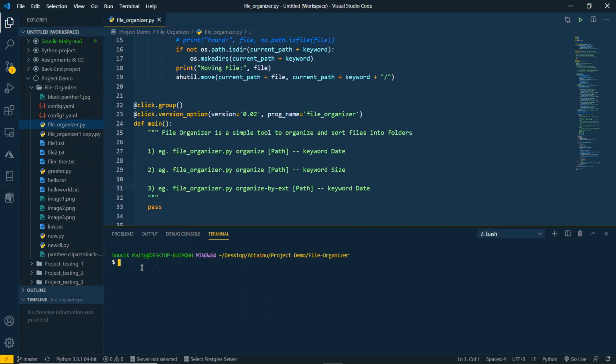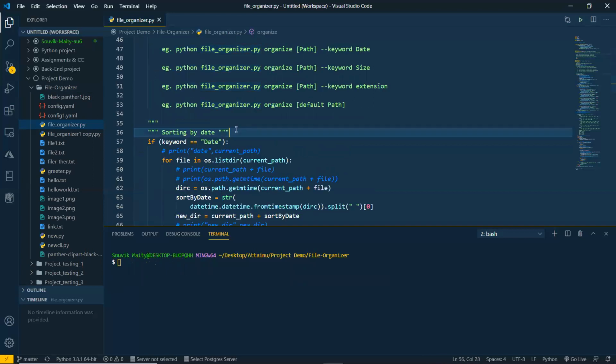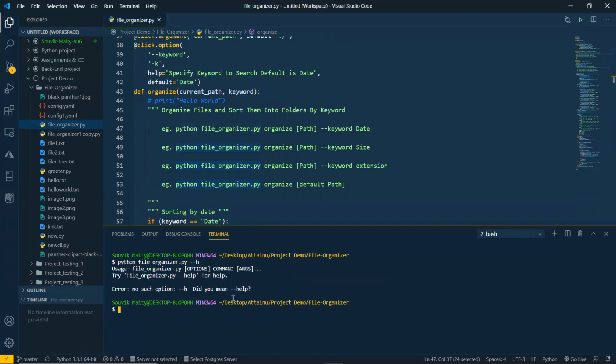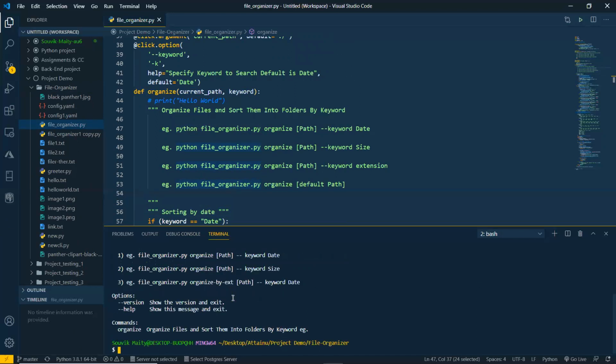Okay, here if we write file organizer help command, now this is the help command.